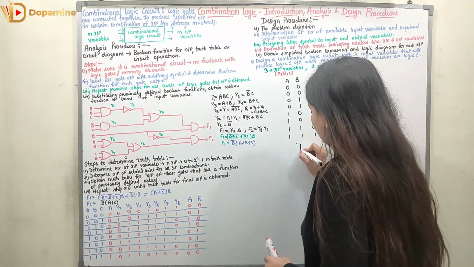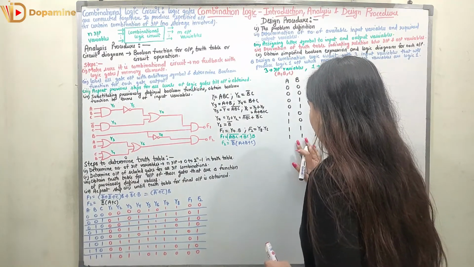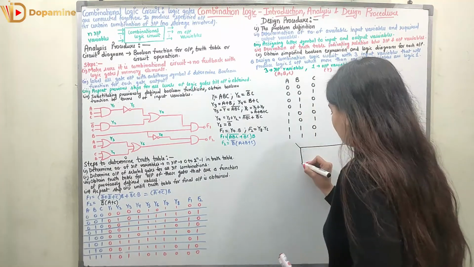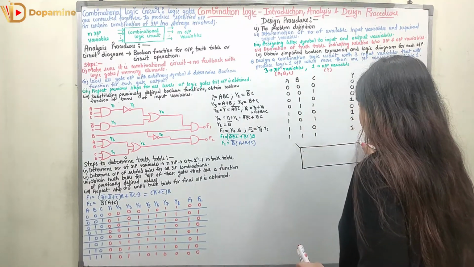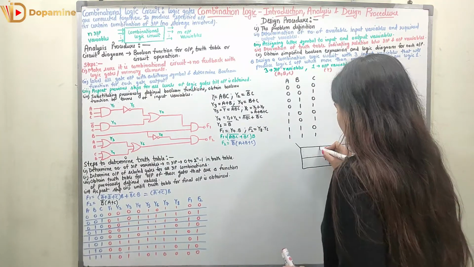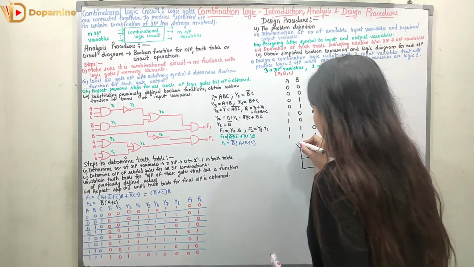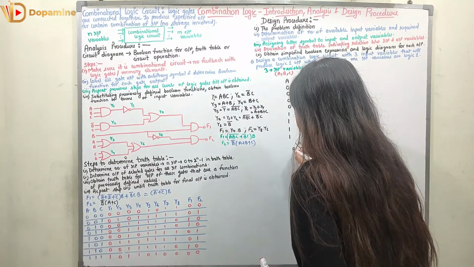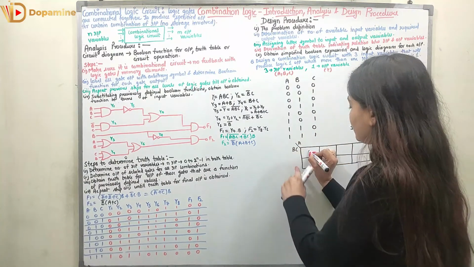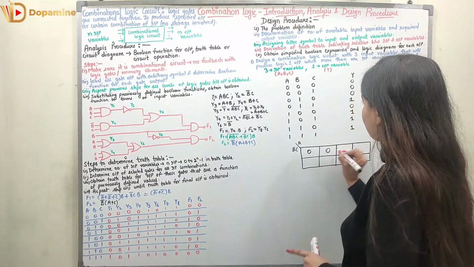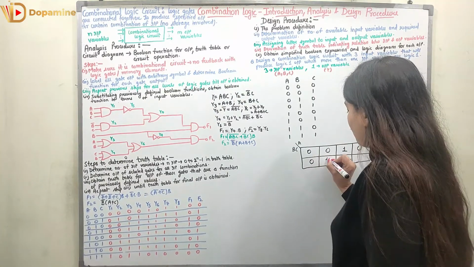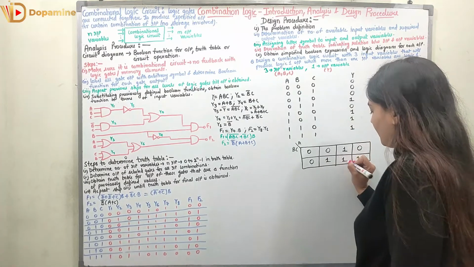So now we have to use the K-map minimization method. I will use the K-map. If you want to use any other minimization method, you can. Right, so here we will be having A, here we will be having B and C. Now over here we have minterm 0 which is 0, minterm 1 which is 0, minterm 2 which is 0, here we will be having 1, then 0, 1, 1, 1, right.